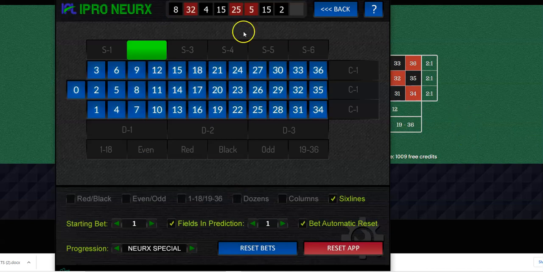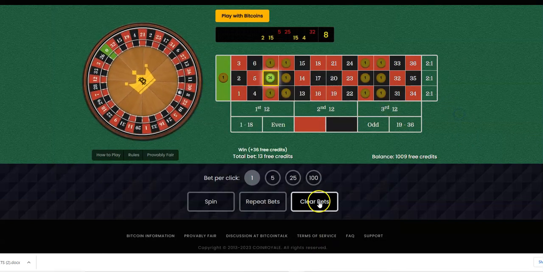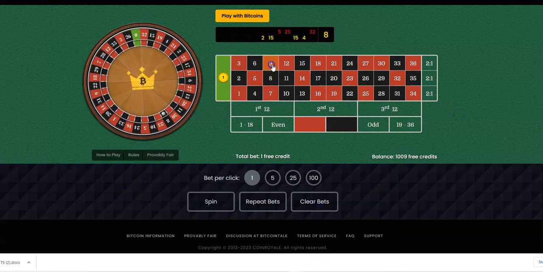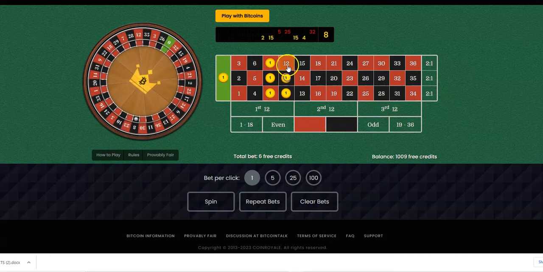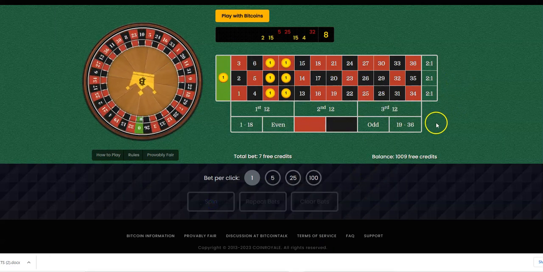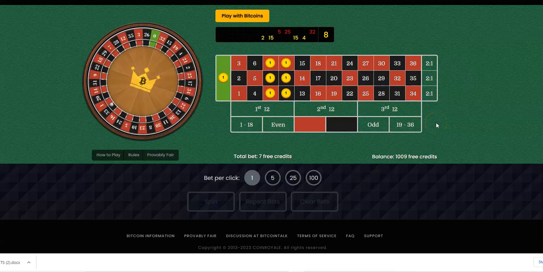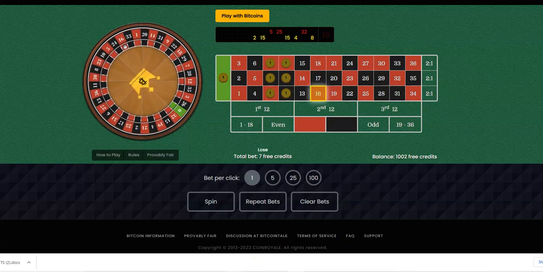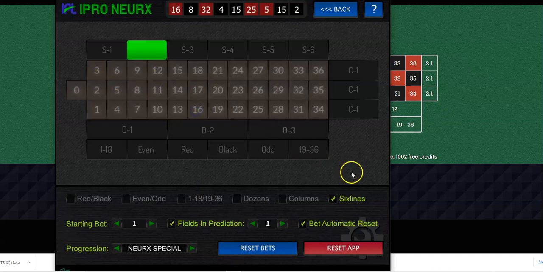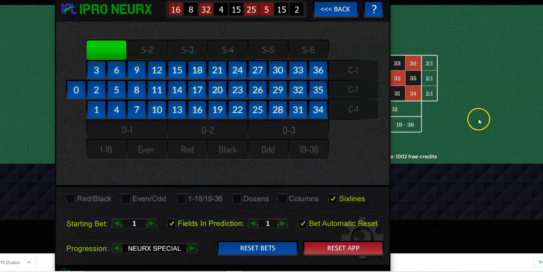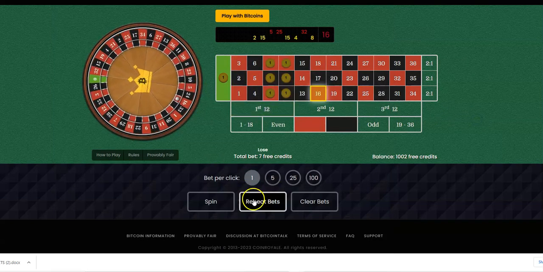Okay, so I'm going to put this in. And well, it tells me the same spot, ironically. It just so happens. Okay, and I've only been playing for roughly 2 minutes. It's not too bad. We'll see. Okay, so I had the miss. Okay, I'm going to put in 16. Where does it go? Oh, it goes to this. Okay, to the first